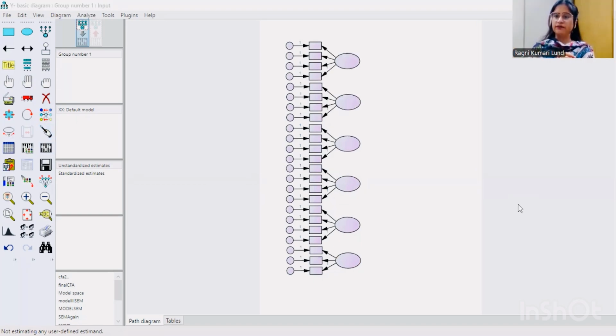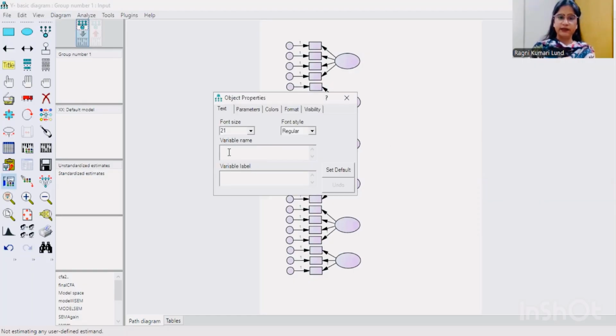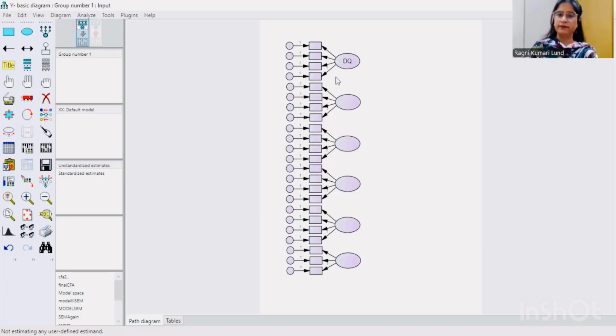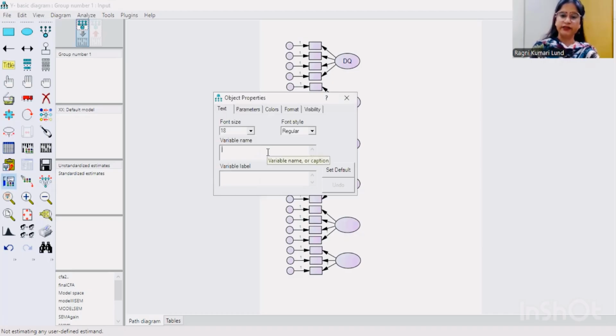After that, we have to give names to our variables and items so AMOS can read our data set. So just double click and you can see the variable name. My first variable is data quality, which is DQ. And just close this, we can see the name is shown. My second variable is IT infrastructure, which is IT.